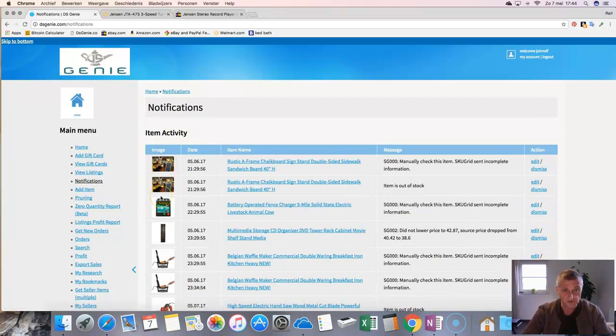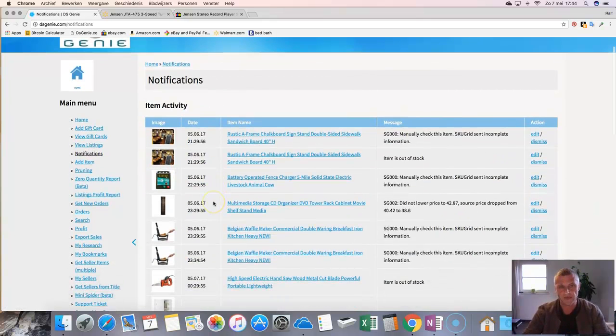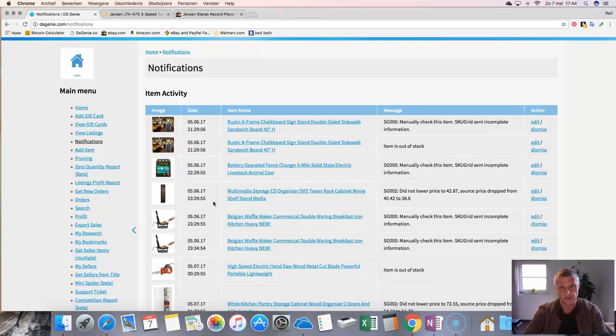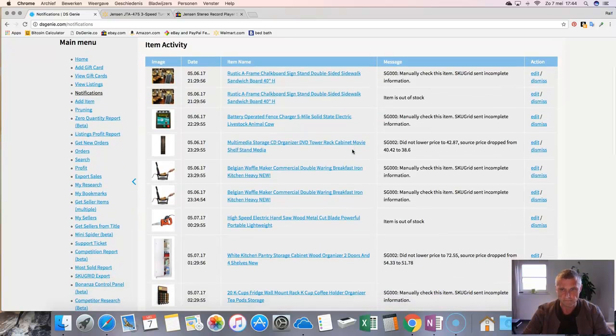Very important, the notification tab. So here you see basically the software tracks your eBay listings, and here it says, for example, item is out of stock. So then it switches automatically the availability from the listing to 0. Here, for example, did not lower the price. Source price dropped from